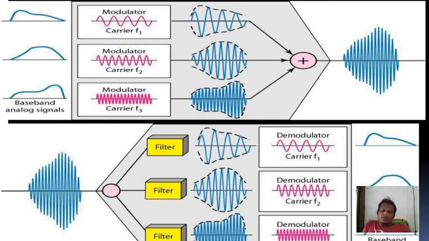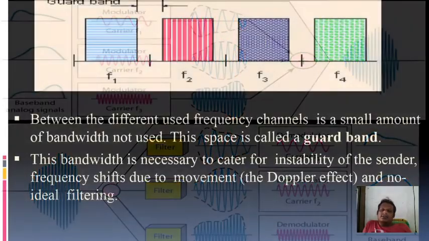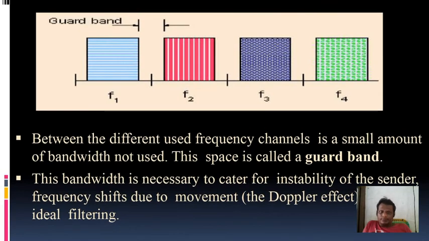But remember, whenever you are using this methodology, you have to utilize a guard band always. In between one signal and another signal, whenever you are transmitting, you should have a guard band, that means a small amount of bandwidth which we are not utilizing. This is very essential so that the receiver can understand exactly what was transmitted. That means we can avoid the Doppler frequency shift by providing this guard band. That is the utilization of the guard band. So in FDMA we must have a guard band in between the frequencies.